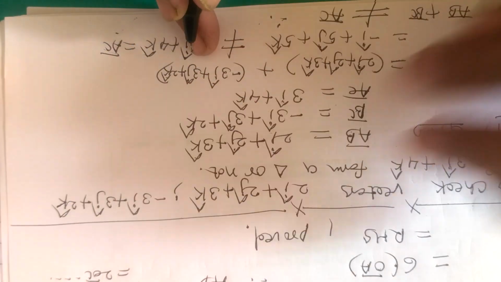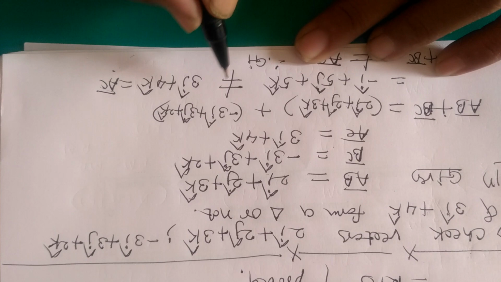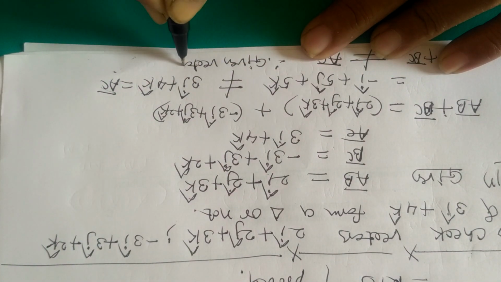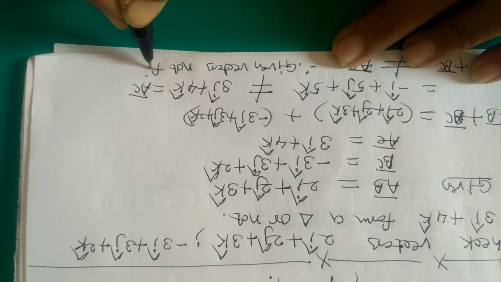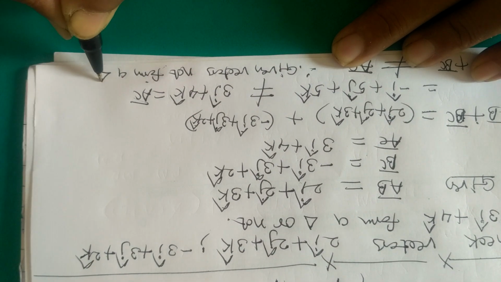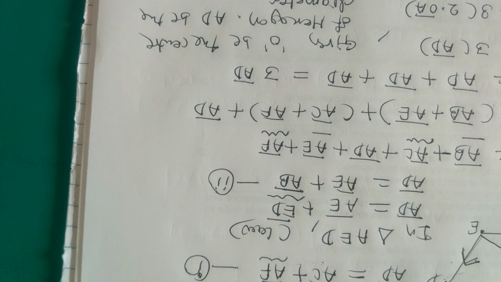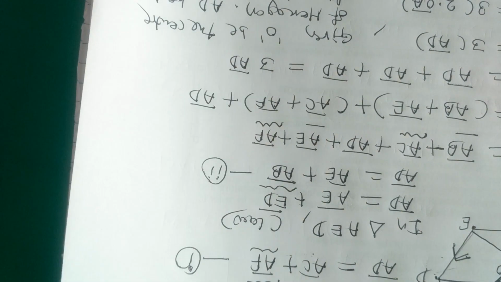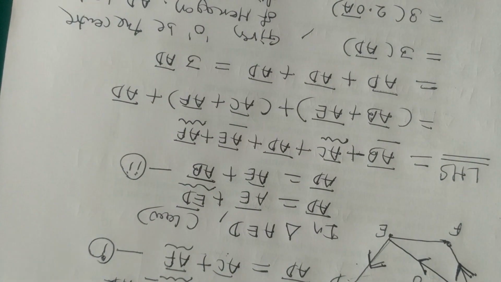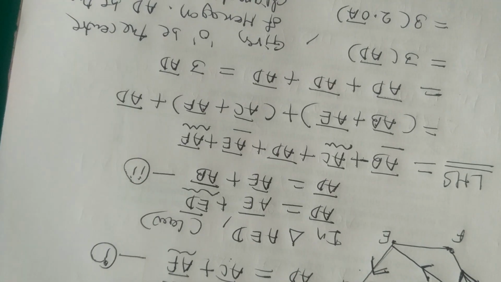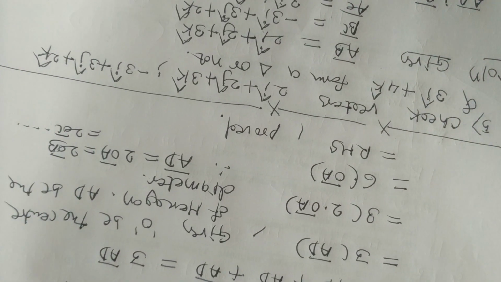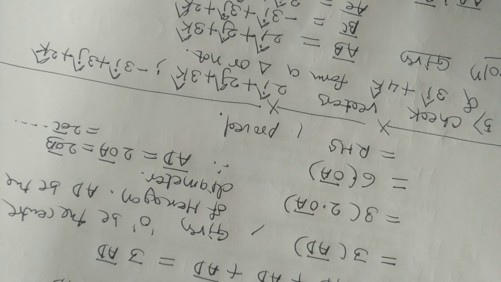Therefore the given vectors do not form a triangle. Very easy. You only take the vectors in a cyclic manner. There may be a change in sign, but we take the vector coefficients as the same. Here the coefficients are different, because the coefficient of j is 3 and k is 4, but here j is 5 and k is 5, so the vectors are never equal. So it is very easy to check the triangle law of addition of vectors.